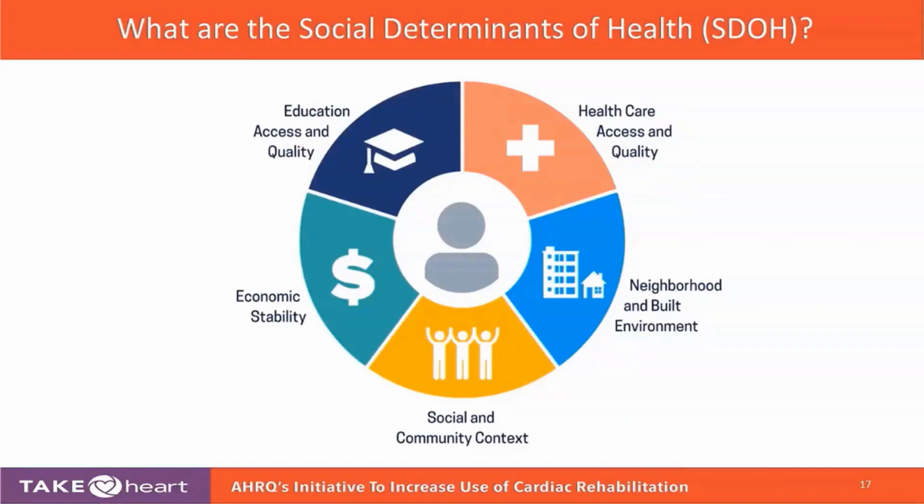This can be a lot of different parts of their environment. We think about not only the environment they grew up in and the resources they had as they developed, but also their current access to resources. What access do they have to healthcare? What access do they have to financial resources? But also their social environment. What is going on in their community or their family that's important? And even just their built environment. Do they have access to sidewalks? Can they take the bus to get to CR? What kind of environment is this patient existing in that's going to determine what their barriers and facilitators are to getting into cardiac rehab?